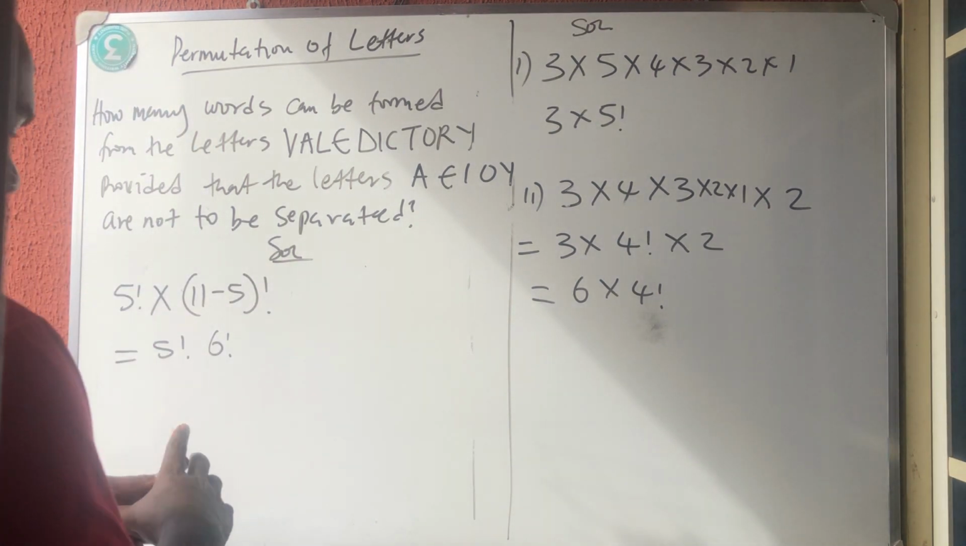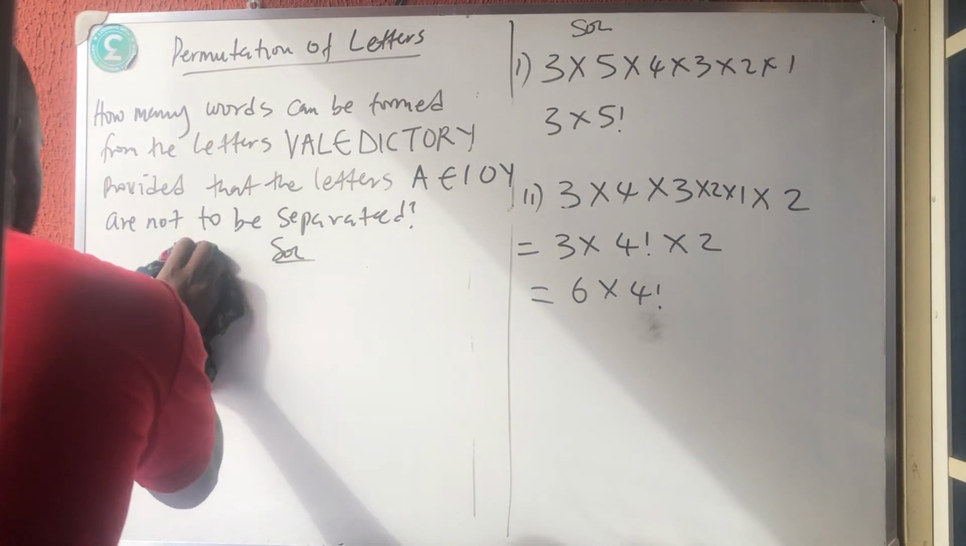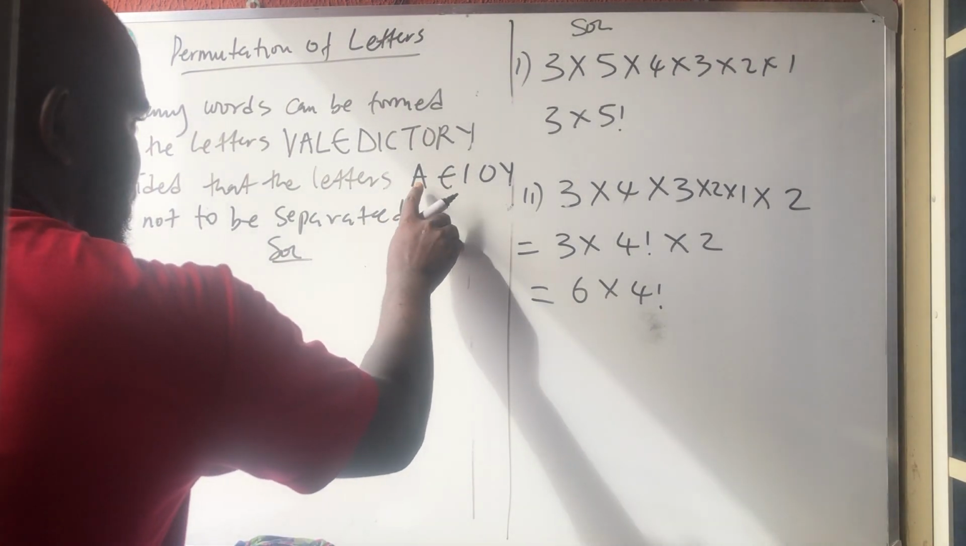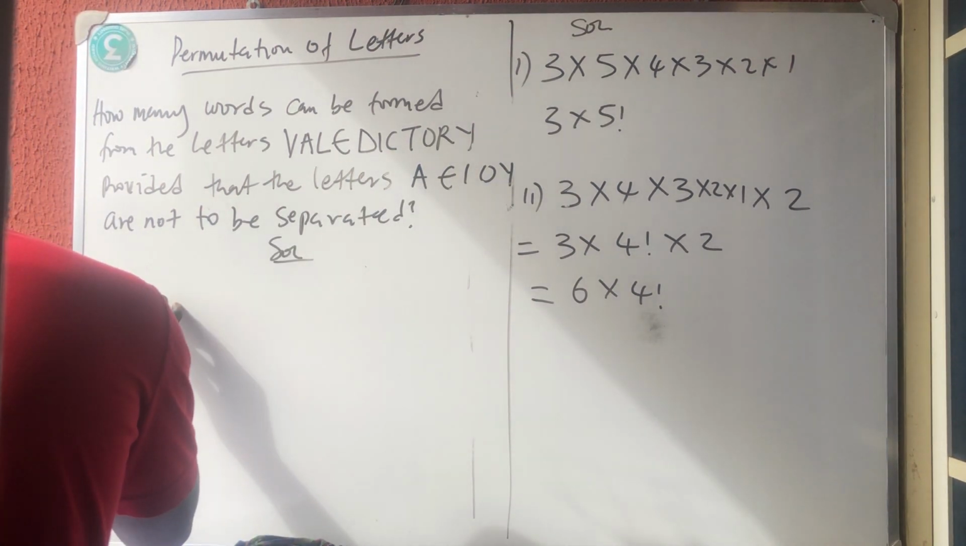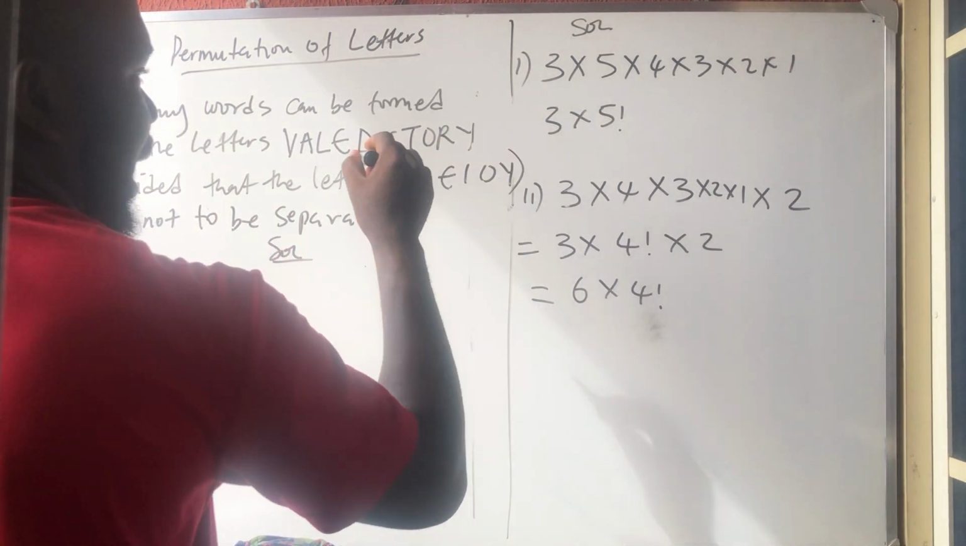So what am I saying? Sorry about that. This one is 1, 2, 3, 4, 5. That is 5 factorial. Remember, I'm not counting this one as 1. So I'm having